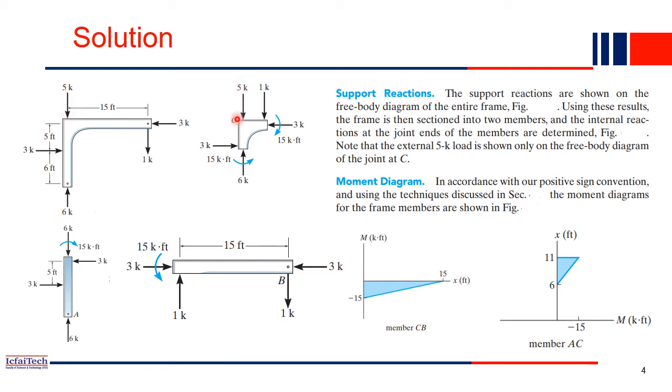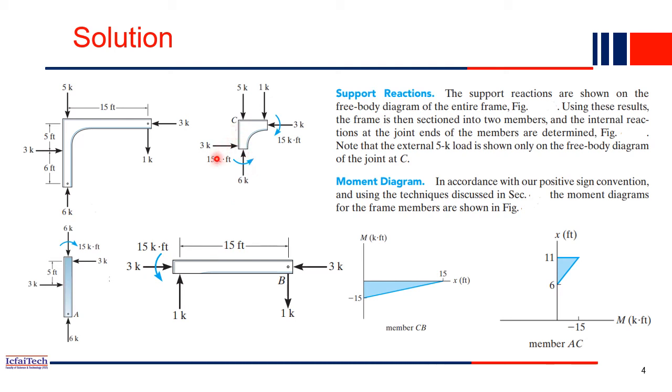So 5k is written and drawn. Now this free body diagram also should be in equilibrium. So what will be these values? First let me check the vertical forces. One vertical force, 6k, is acting upward. Another vertical force, 5k, is acting downward. Then the vertical force magnitude at this joint should be equal to 1k, right? So 5 plus 1 is 6 downward, 6 upward. So it is in equilibrium vertically.